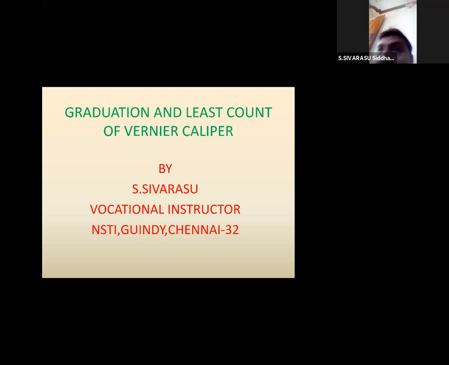The vernier caliper is mainly used to measure the external diameter, that means outside dimension, the internal dimension, and depth measurements. We can take three types of measurements using a single instrument. Whereas with a micrometer, you can only take inside measurement using a separate inside micrometer, and outside using a separate outside micrometer. With a vernier caliper we can take three kinds of measurements: outside diameter, inside diameter, and depth measurement.